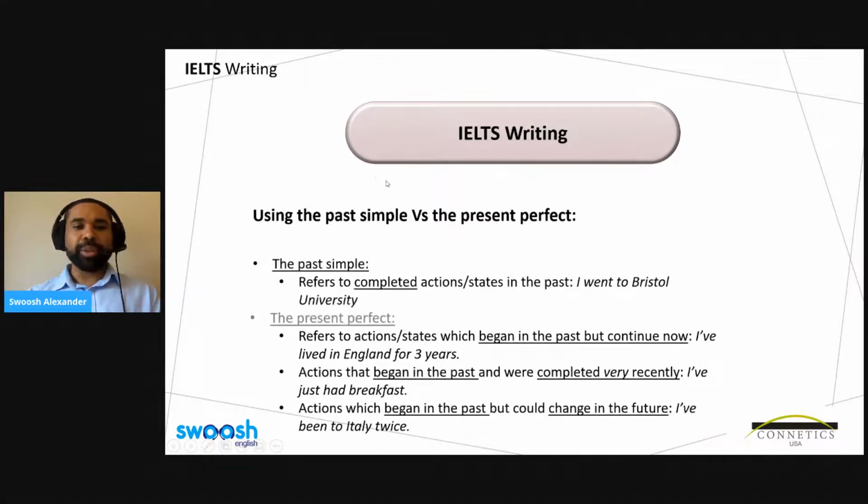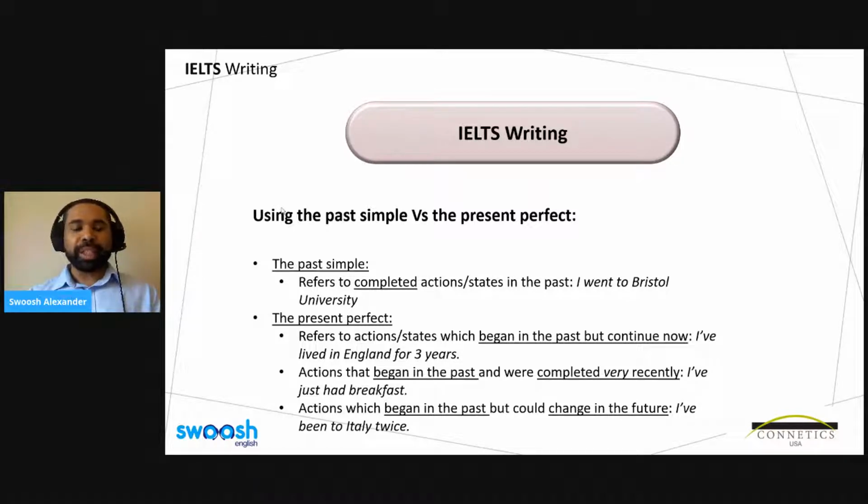So to continue, we're going to focus today on two tenses which are often confused. One being the past simple and the other being the present perfect. So let's have a look at some of the differences then between when we use the past simple and the present perfect. So the past simple is used in situations where we're referring to completed actions or states